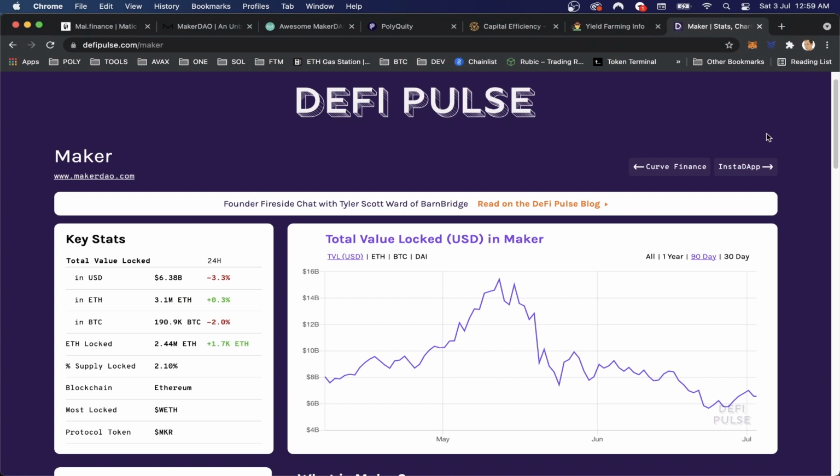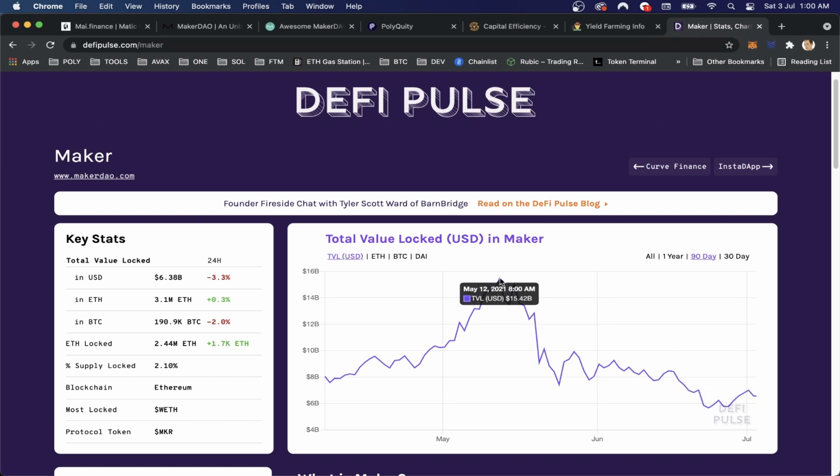As we've previously mentioned, MakerDAO is the other alternative in over-collateralized stablecoins. MakerDAO is based on Ethereum. It's a well-established project. If you're interested to learn more about DeFi projects, you can come over to DeFiPulse.com, where you can get some statistics and analysis. Just taking a look at MakerDAO on here, we can see that the total amount of funds locked in the platform, which is known as TVL, is around the 6.5 billion mark, down from 16 billion on May the 12th, 2021.